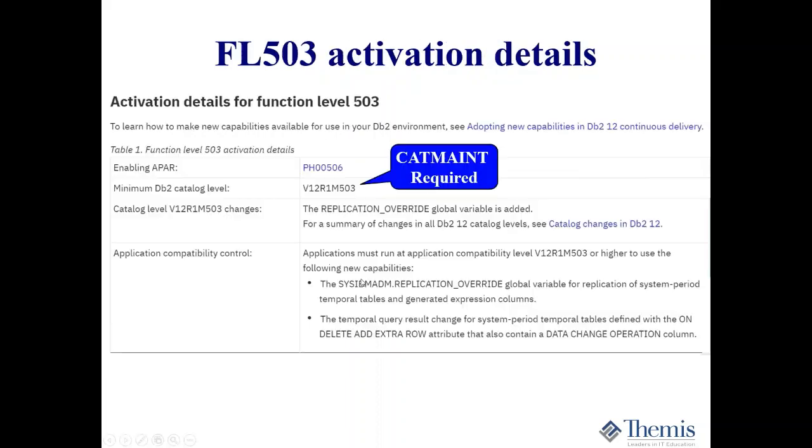M503. Again, another cat maint. So the catalog level has to be at M503. So before I can activate this one, I'm going to have another cat maint. And this does have some ramifications if you're skipping levels. So if you're currently at M500 and you want to go straight to M503,